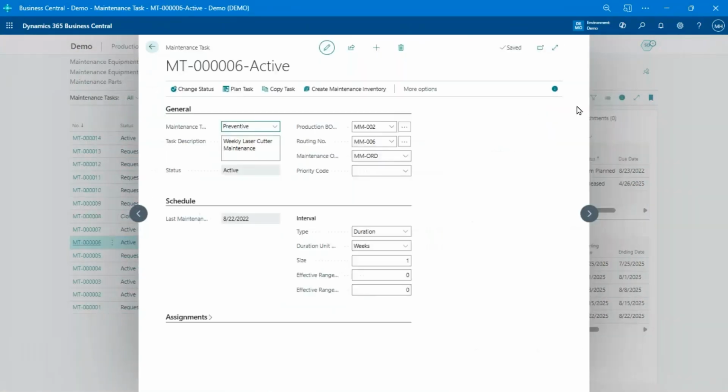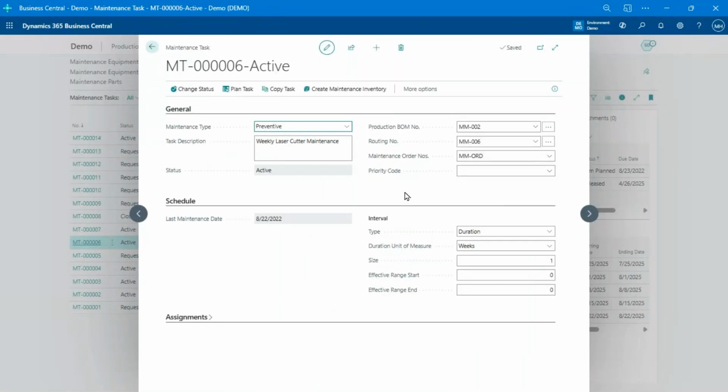So if I come in here, we'll just hide that fact box for 2 seconds. You can see, okay, it's preventative maintenance. We've got this production BOM. That production BOM is going to be all the spare parts we need to perform this activity. It can be blank. You can just have a blank one and consume whatever items you use during maintenance if you like. And the tech can do that on a handheld device, or you can do it right in